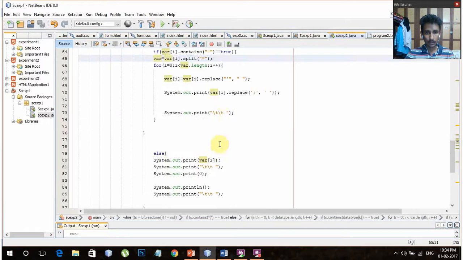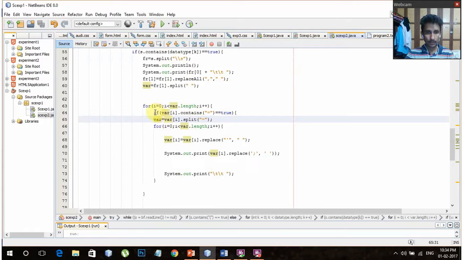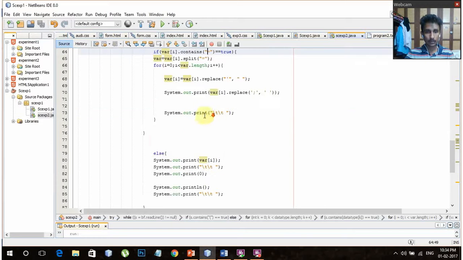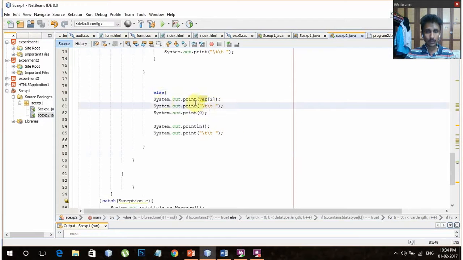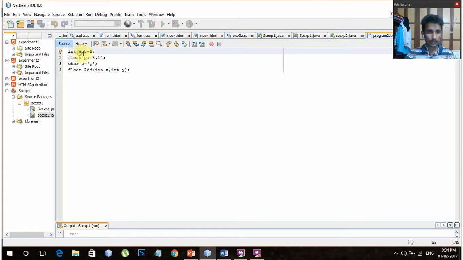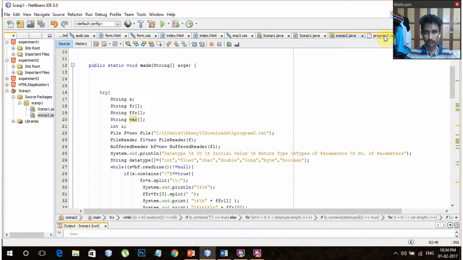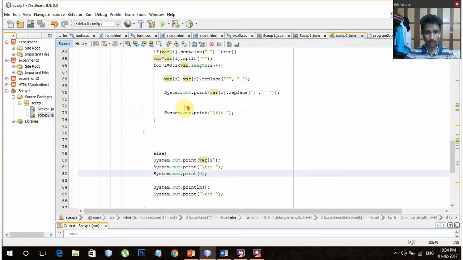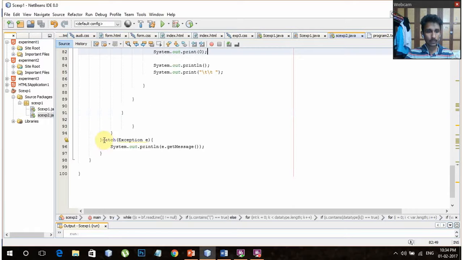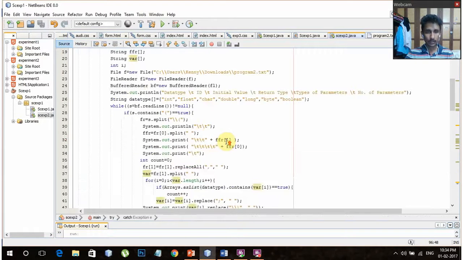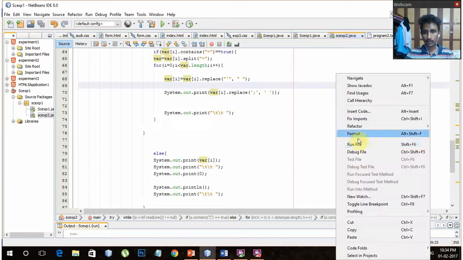And now if the line does not contain an equal to, it's going to run this else part. What this is going to do is print out the null value, that is if it does not have any values. Like here A does not have a value but B has, so it's going to print 0 in front, in the initial value of A. After printing all that, I'm gonna catch the exception if there is any, and it's gonna print out a message if any exception is found. So when I run this file,